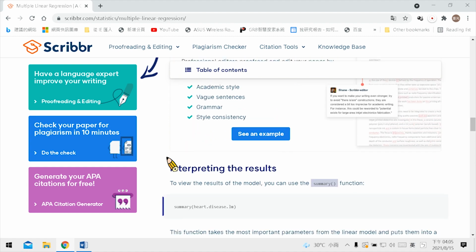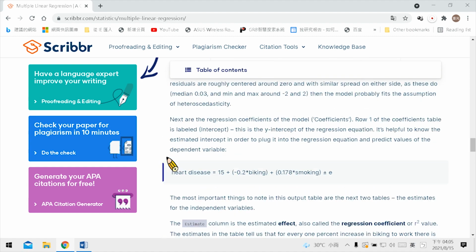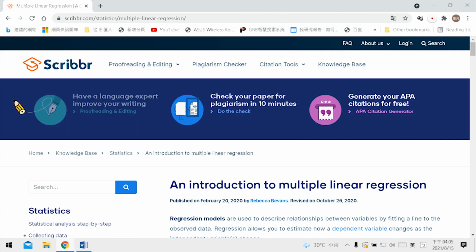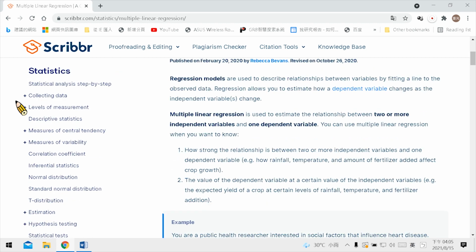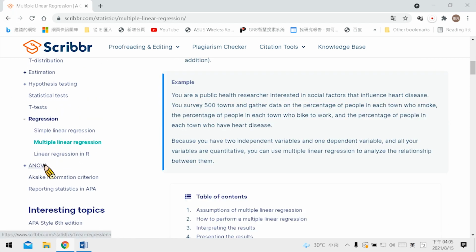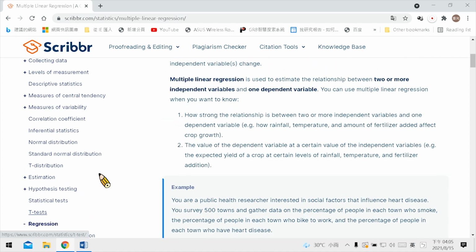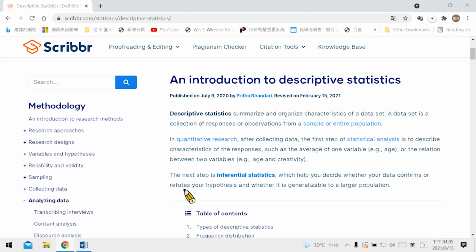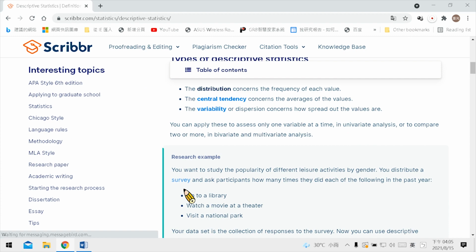Okay. And also the descriptive statistics, it has already covered some topics. Okay,